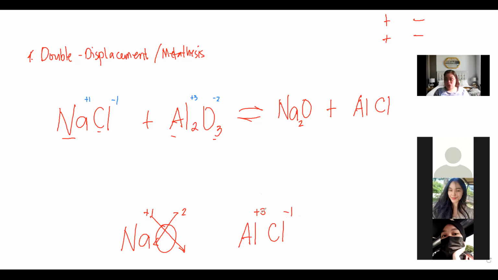So ito naman, kailangan din ng crisscross. So you will have Al and then Cl3. So this time, we have made sure na tama na yung chemical formula natin. Kasi pag hindi yan tama, class, ang chemical formula na yan,